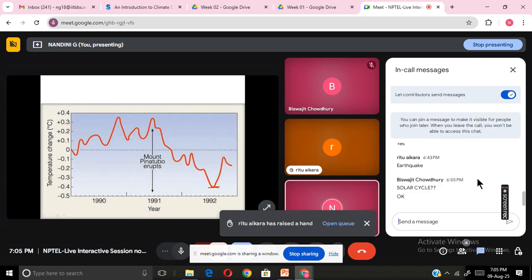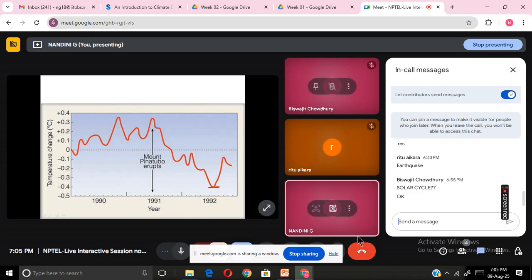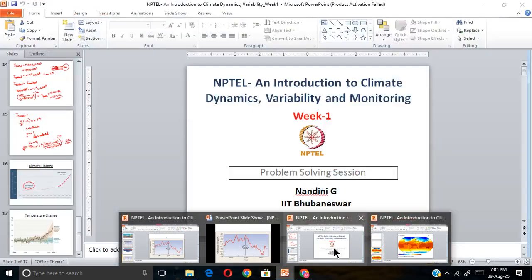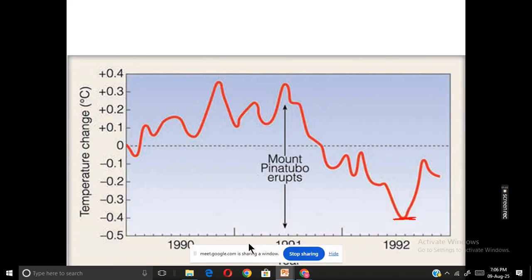If you look at the figure, this is the decrease from 1991 to 1992. When we look at a larger profile, like over 100 years, these things won't be that clear because this is just a one year picture. But we will be able to see small dips and then an increase, those dips due to volcanoes. This is not a very regular phenomenon, but volcanic eruptions do happen. I hope it is clear.